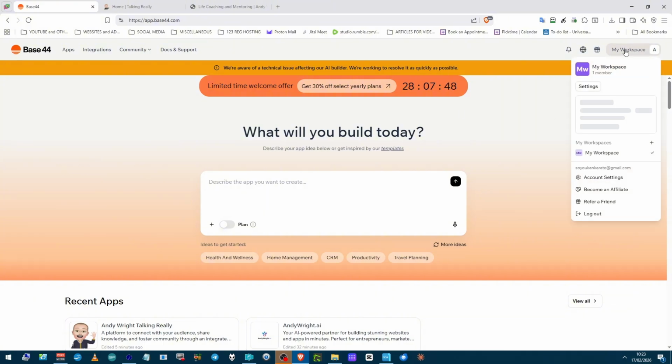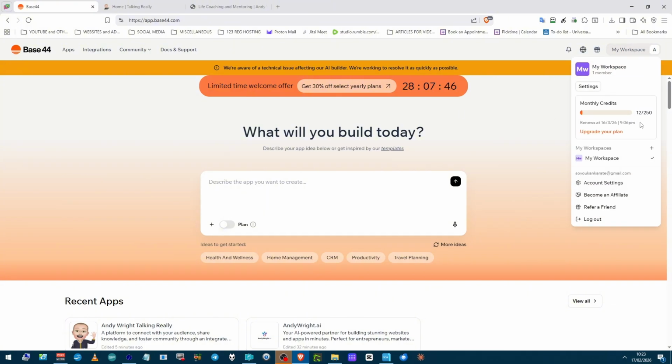So my workspace. So I have used 12, about 6 of those from yesterday and the other 6 today, and I've got nothing for it. Yeah, there we are, there's the become affiliate. But I find this absolutely brilliant, or yesterday I did. Today I'm not so sure because it's made a load of errors, really has made a load of errors. I even, alright, yeah, okay, you can blame me as well because I didn't know exactly what I was doing.